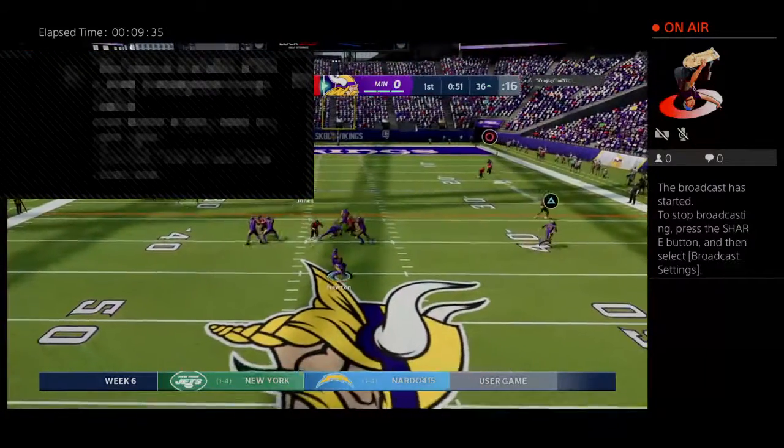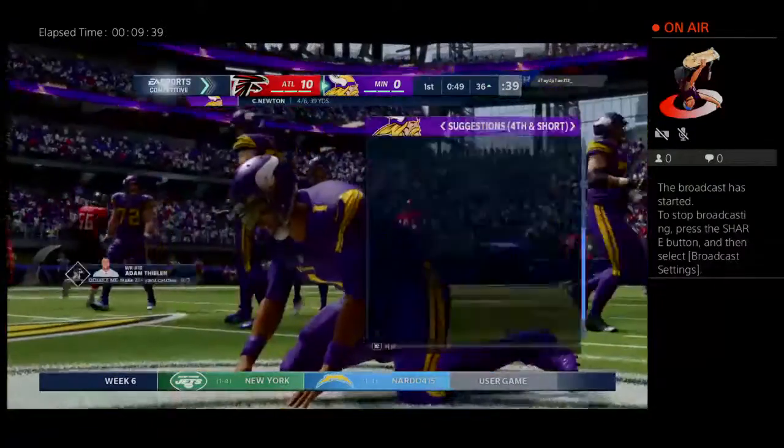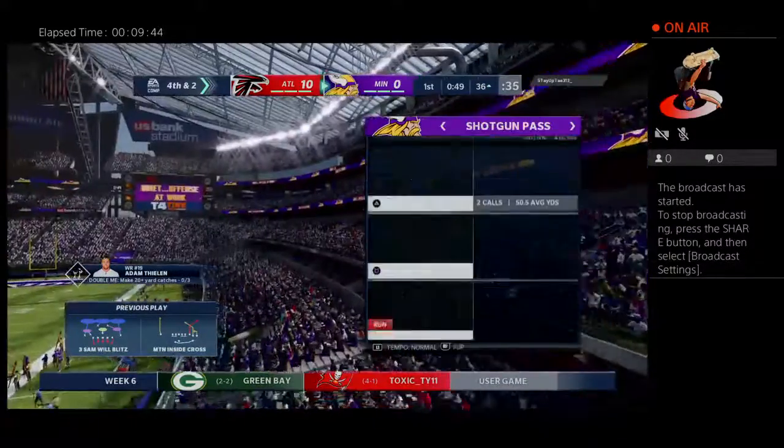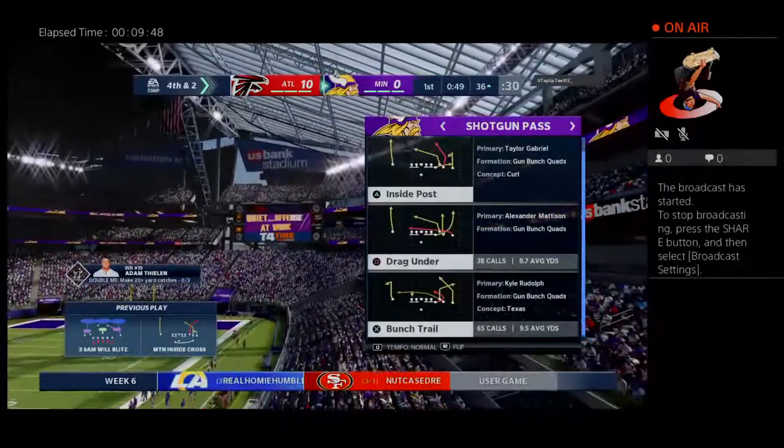3rd and 2, Newton. The 3rd down battle won by Atlanta's defense. Solid coverage. They really had a good drive going there, but a nice recovery by the defense these past few downs. Able to knock that one away on 3rd down and bring up what